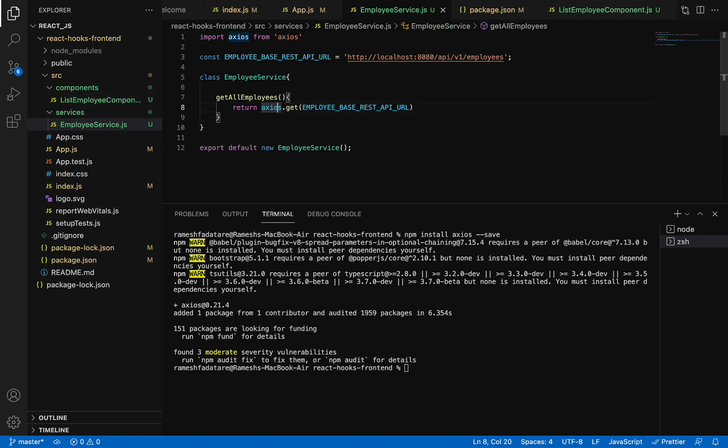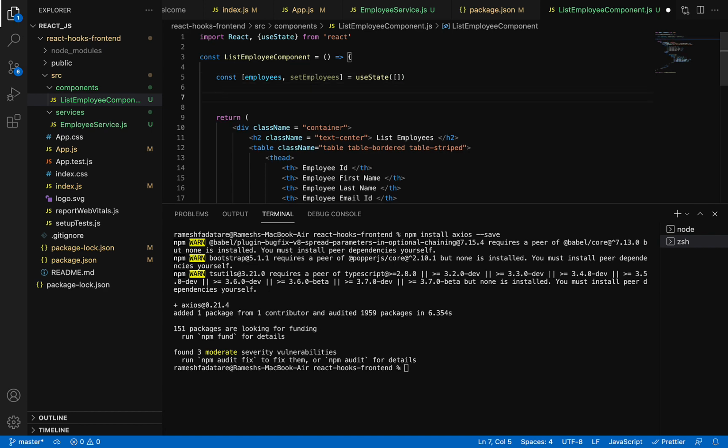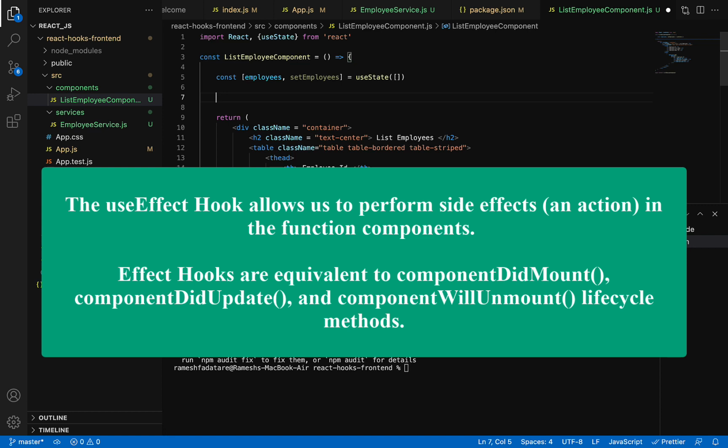Now let's head over to the list employee component, and within this component we are going to call the employee service. In React we have one more hook, that is the useEffect hook. The useEffect hook is very useful, guys, and it provides side effects in a functional component.